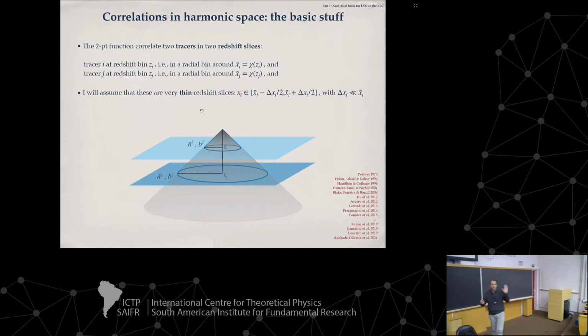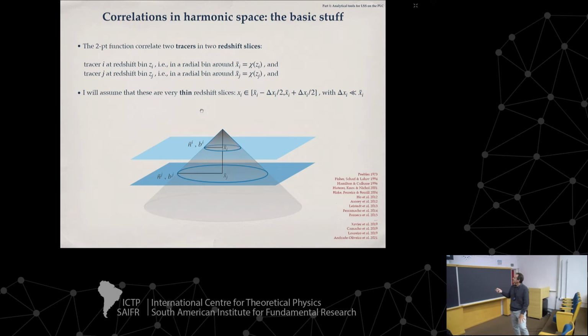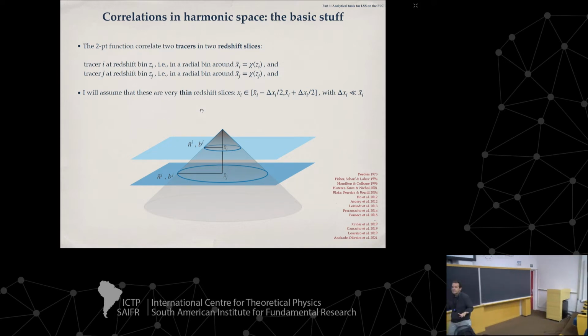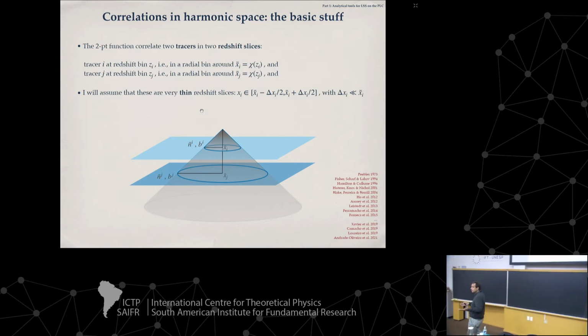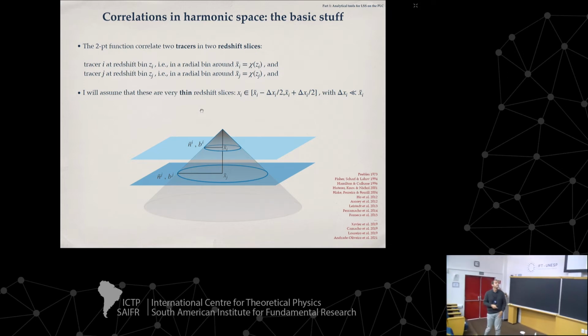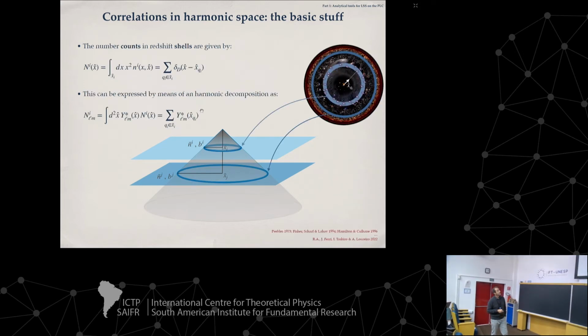So this also has a long history. Many of the things I'll say here are related to that history, but I'll also show you some new formulas which shed some light on this description here, which is, again, the only way to go. There's no other way to describe it if it's not on the past light cone, because this is what we actually observe. Okay, all right, so again, you can think that these are galaxies in a given shell here,